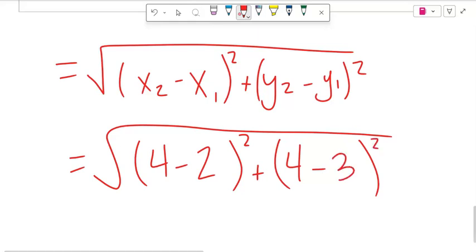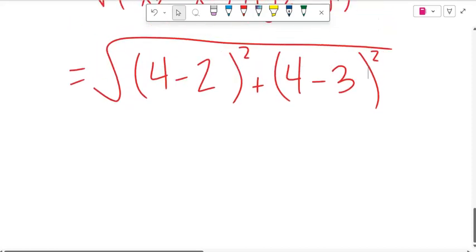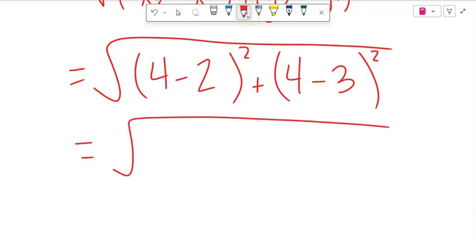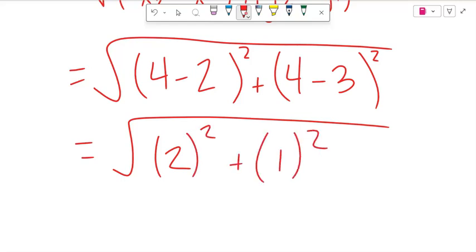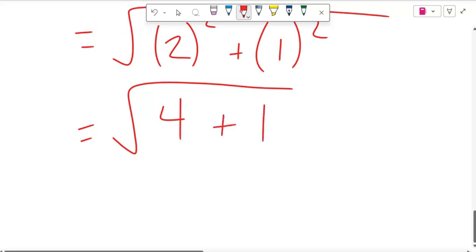Squared. Again, it's just a matter of taking your values from your coordinates and plugging them into the formula. Now let's go ahead and solve. The square root of 4 minus 2, which is 2 squared, plus 4 minus 3, which is 1 squared. So this is going to be equal to the square root of 4 plus 1,